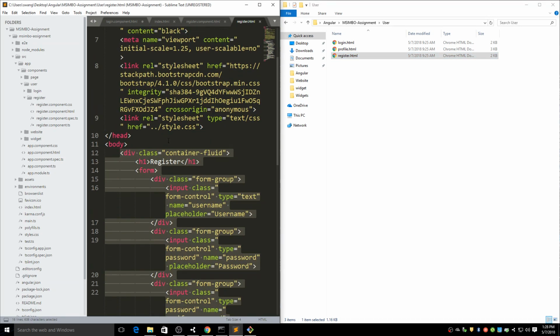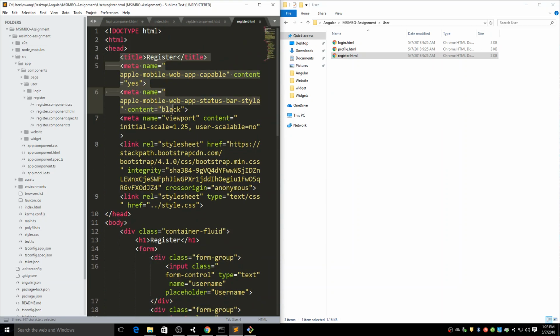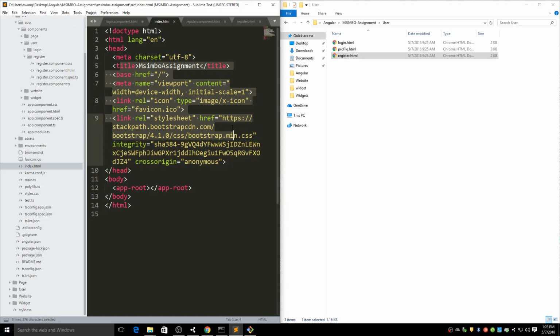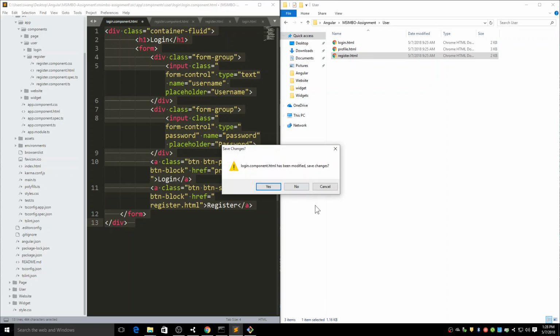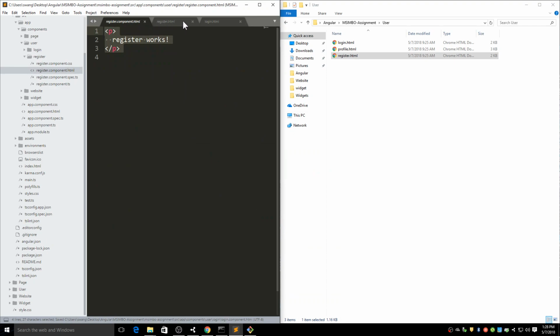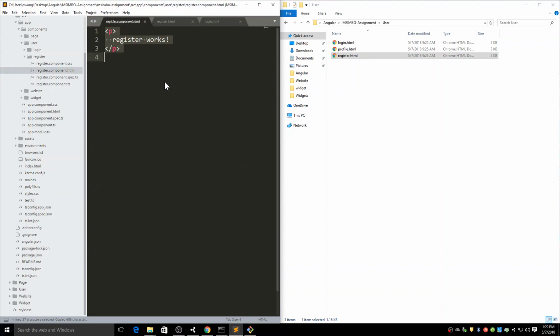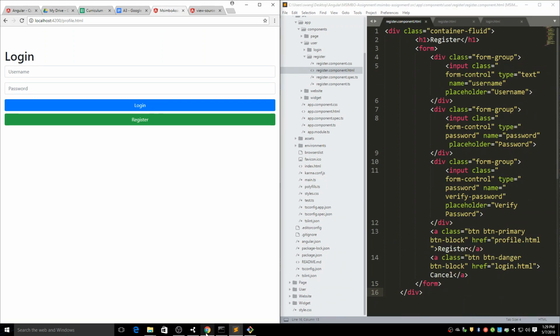The HTML head tags, the meta tag and link tag in the head, will be the same, right? All the pages have the same meta tags and links. They will all be in the index HTML. So we are always using actually the same page, but just loading different components. So what I have is a register. Let's copy the div here and put it into register. And in order to test it, we have to